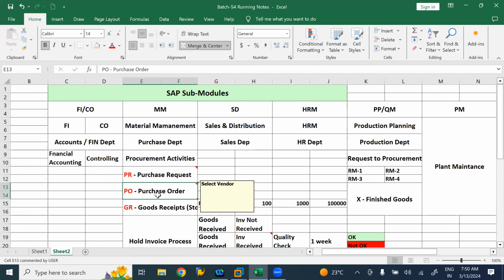Okay, same quality product I require, and maybe the vendor can supply the quantity. Maybe I require 100 quantity, 1000 quantity, and one vendor is not able to supply the full quantity. Even including all the vendors, they are not able to supply on an urgent basis. I require the product. Then